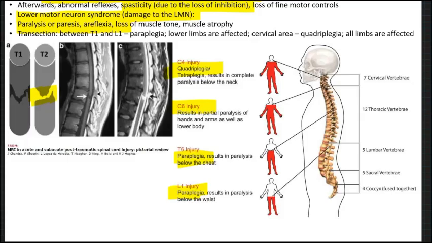Quadriplegia is not yes or no. There can be different degrees of it. I happened to know 2 people pretty closely with quadriplegia, and I tangentially knew another person also with quadriplegia, but at the very upper level. That person had an injury around the first cervical vertebra, so he was almost completely paralyzed below the neck,